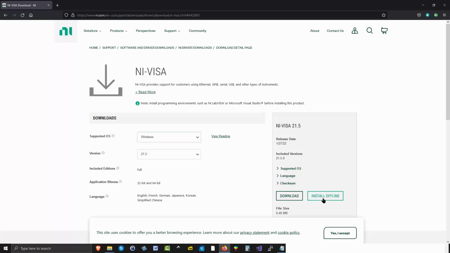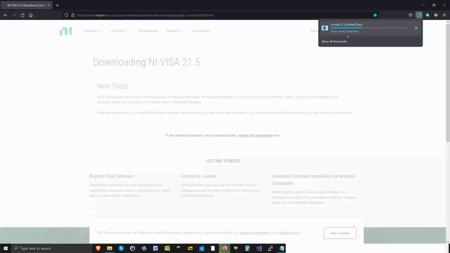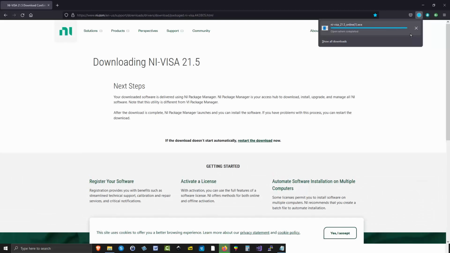So at any rate, you can install offline, which downloads like a 2 gigabyte file, and it's pretty slow to download, slow on their end. Or you can just do a download for online installations. I'm going to do that. So you download a file, clicking here, and you notice that we now have the file available